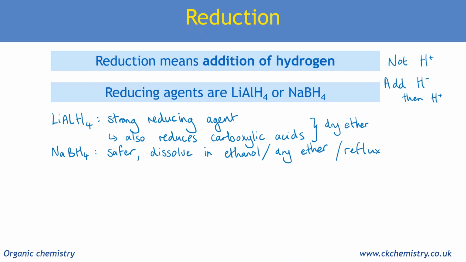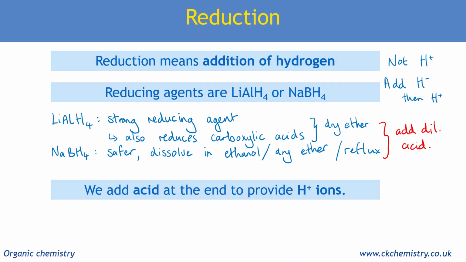In both of these situations, all that this reducing agent is doing is adding the H minus, so adding a nucleophile, which in a moment when we see the mechanism starts the reaction off. After that, we need to add some dilute acid, usually sulfuric acid, and what that's going to do is provide the H plus. So it's like a two-step situation where we add H minus and then we add H plus. Okay,